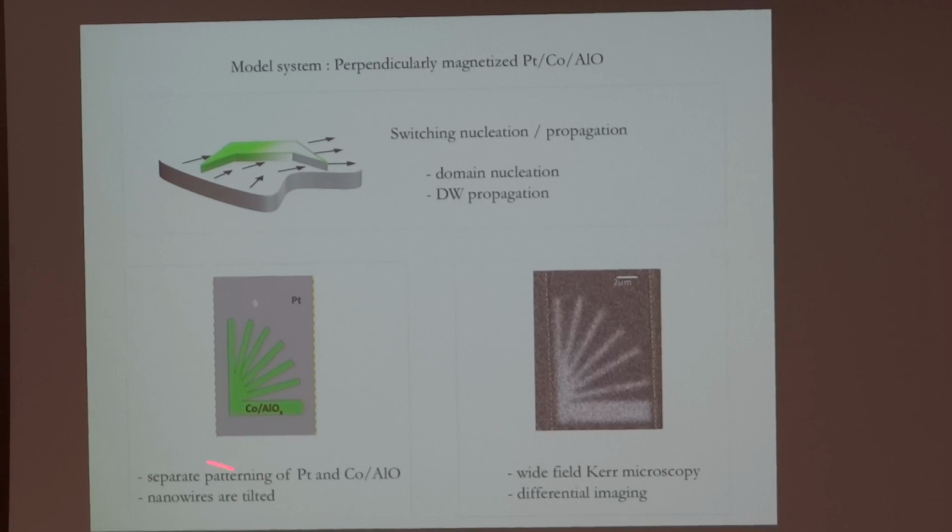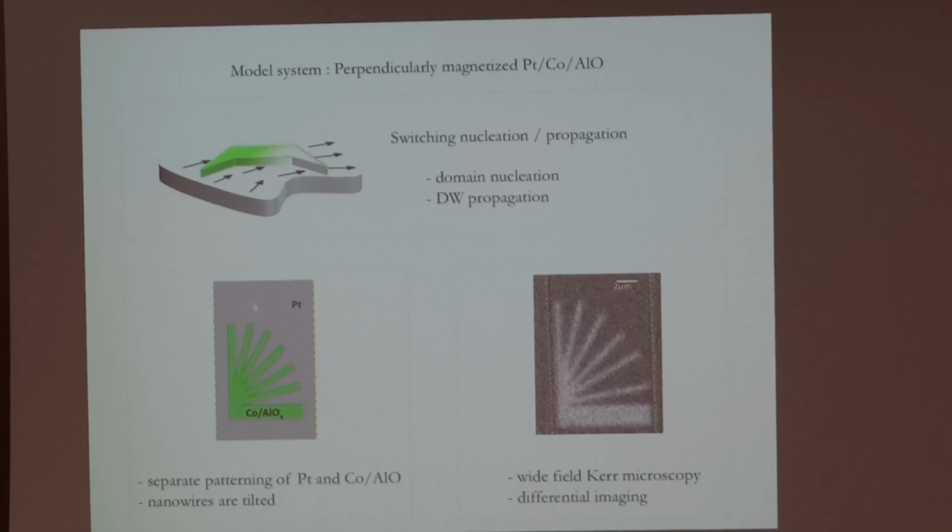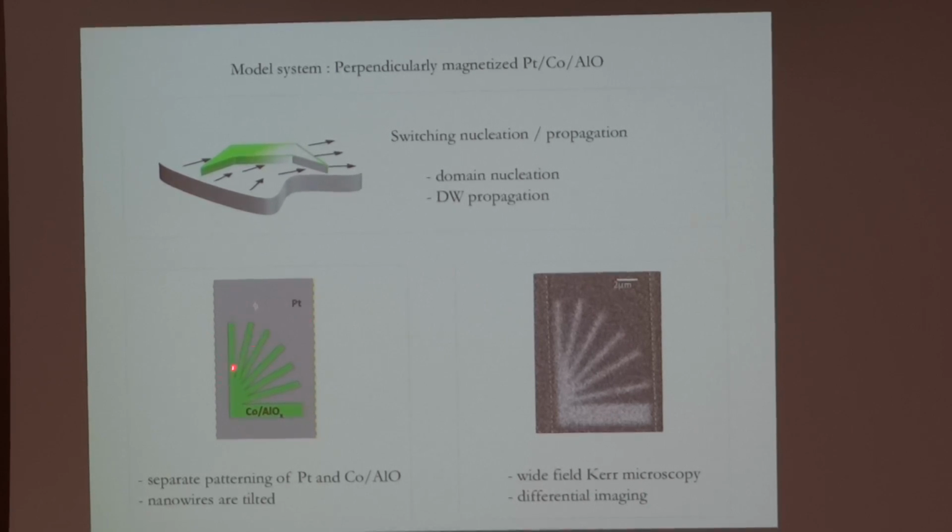So for this reason, we make this kind of structure. We have a platinum pad, which is slightly wider and longer, connected to a voltage here. And you have the cobalt aluminum oxide magnetic part, which is smaller and has a hand-like shape. We made it like this so we have propagation directions which are different, while the current is only flowing in this direction. Okay? As a tool to study this phenomenon, we used wide field Kerr microscopy, and here you have